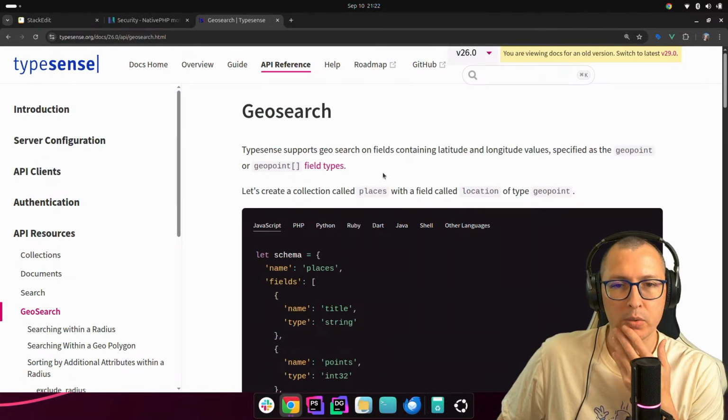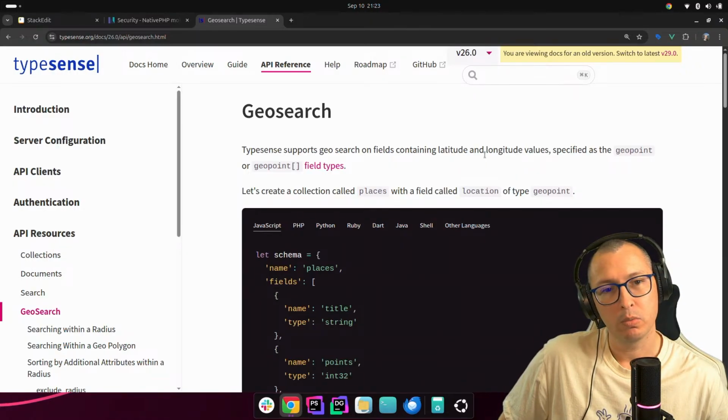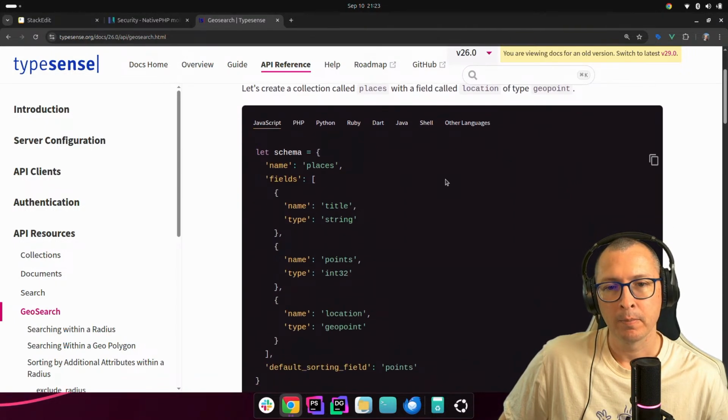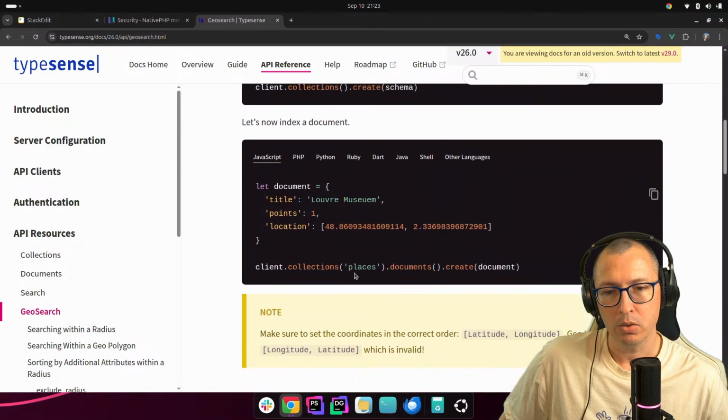TypeSense supports GeoSearch on fields containing latitude and longitude values. So we're looking into jobs with latitude and longitude based on a user location. So the API works. We have a document with a title and a location.